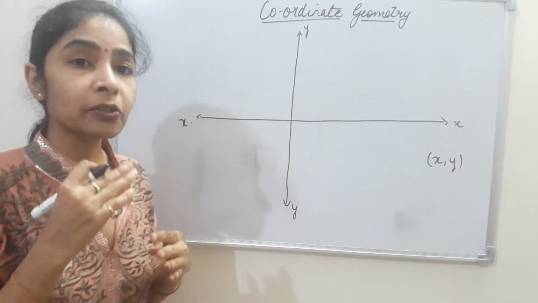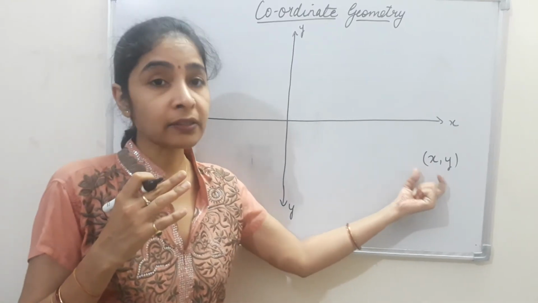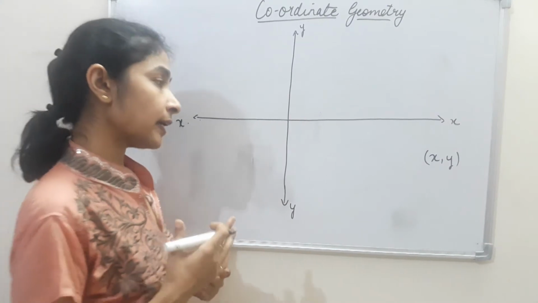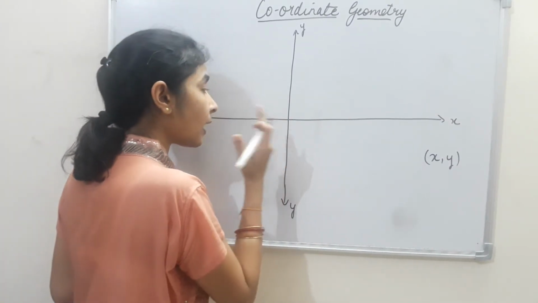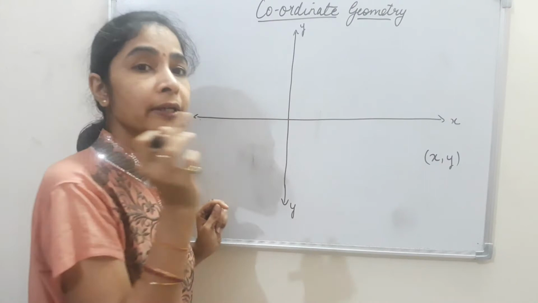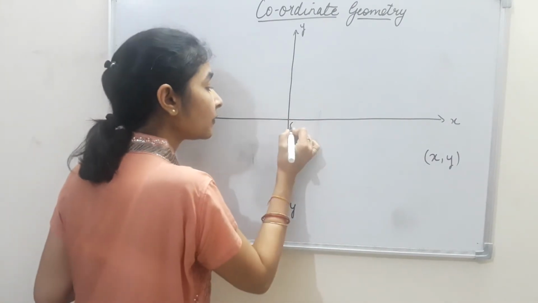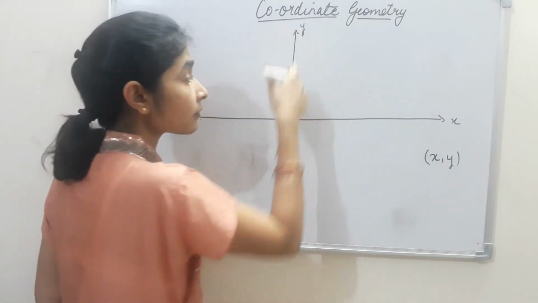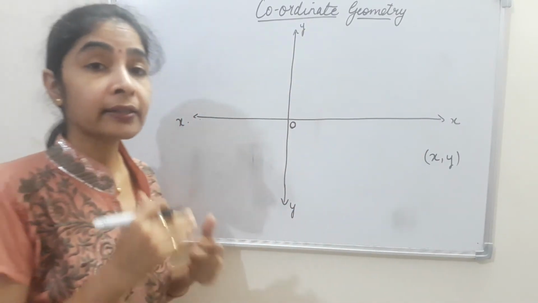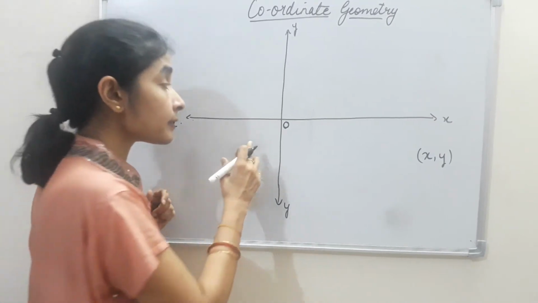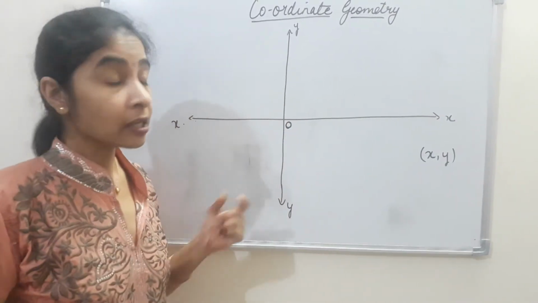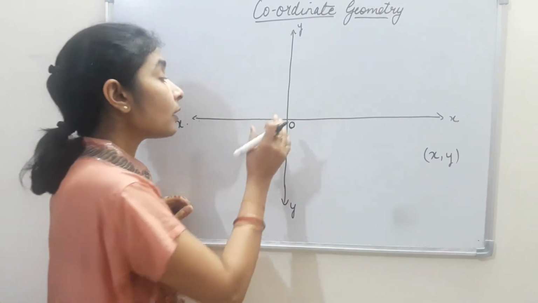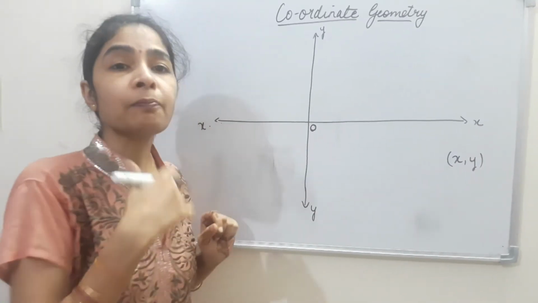So first the x value is given, and then the value of y is given. Now what are these values of x and y? Wherever we are, that point is the point of origin. We name as the point where the x-axis and the y-axis intersect, that is the point of origin. We can call it numerically as 0, and otherwise we call it the point of origin.